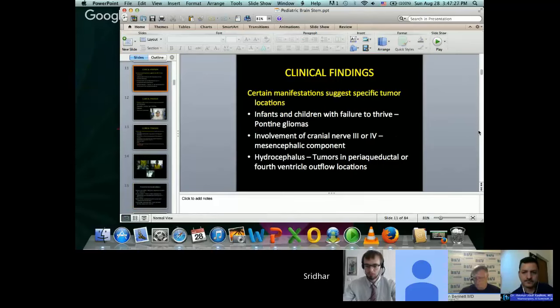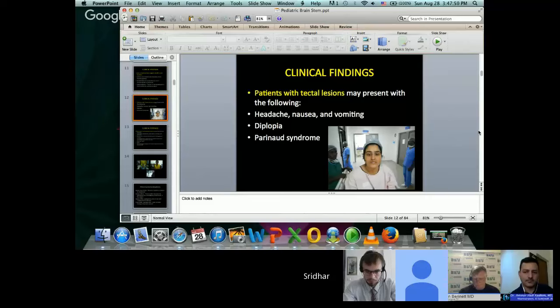Sometimes you could determine where the lesion is by looking at these clinical signs. For pontine gliomas, you could have infants and children with failure to thrive. If you have involvement of the third or fourth nerve, you look at a mesencephalic component, and hydrocephalus is common with periaqueductal or fourth ventricular outflow lesions. Now, this is a typical example of a lesion with a